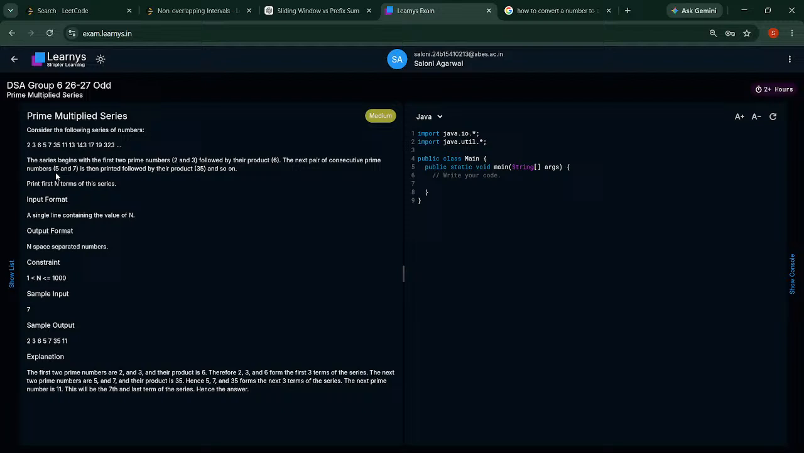So prime multiplied series. The series begins with the first two prime numbers followed by their product 6. 6 become consecutive numbers 5 and 7 is then printed followed by their product 35 and so on. 7 है तो 2 3 उसका प्रोडक्ट, 5 7 एंड उसका प्रोडक्ट 35 11 तब तक करना जब तक n के बराबर।